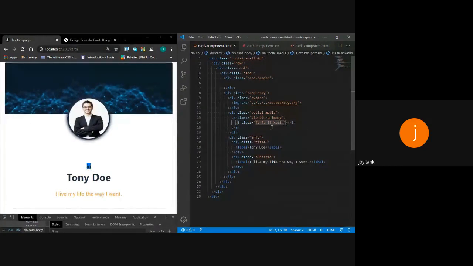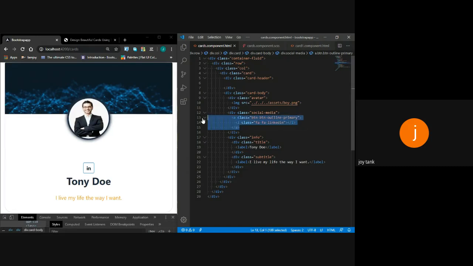I want this button to have an outline of blue color. So I will give an outline to the button. This button now appears in outline mode. Primary indicates that it's a predefined class; primary is a view in Bootstrap.